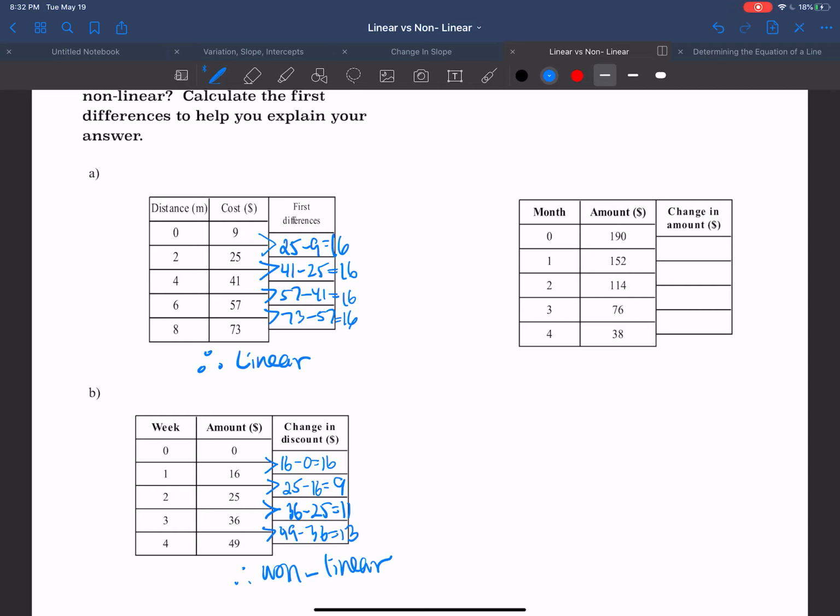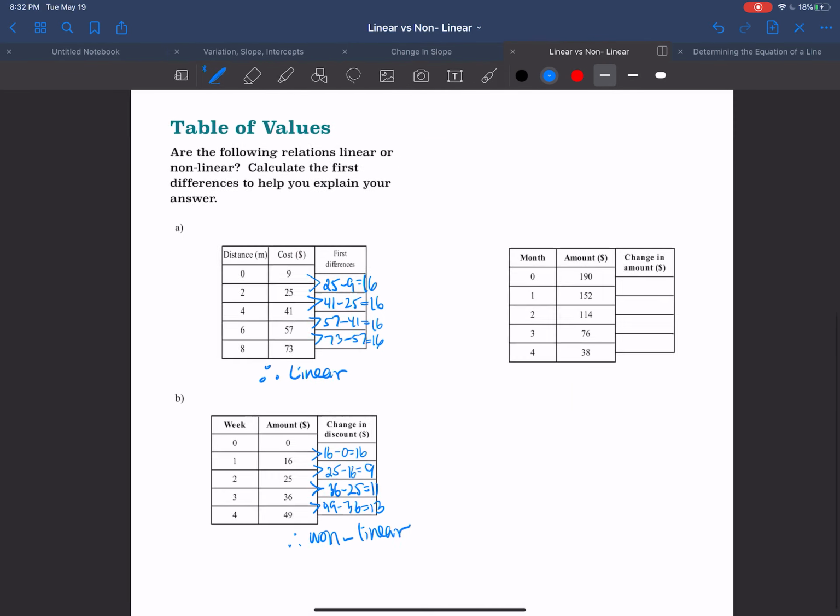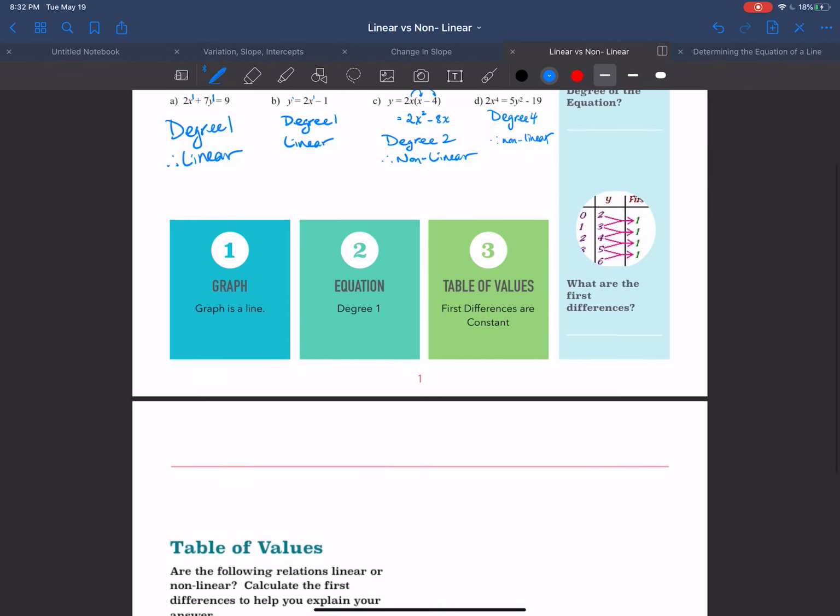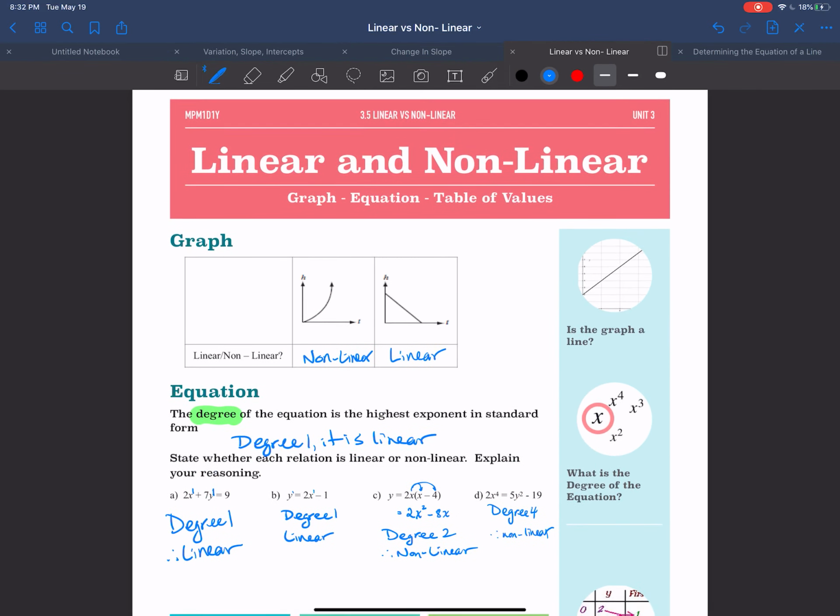Okay, I'll leave the other one up to you, but as soon as your first differences are not equal, then we have something that's non-linear. If they're the same, then they're linear. So 3 different ways: equation, graph, and table of values. Okay, and it's all summarized